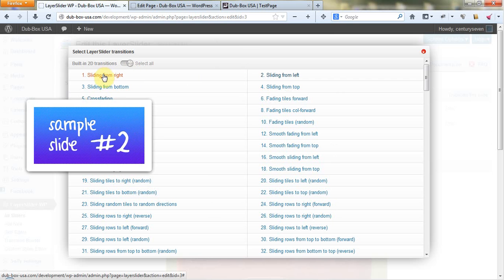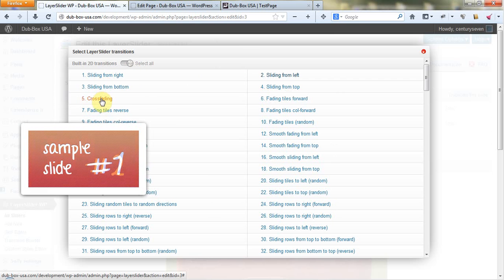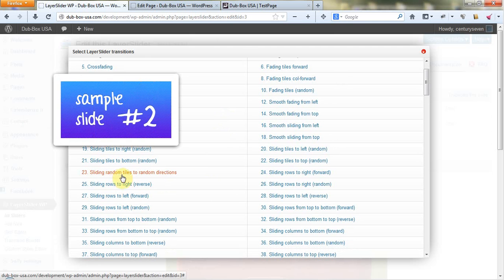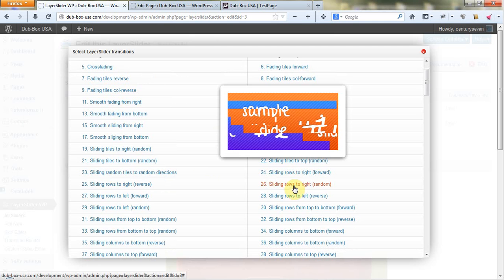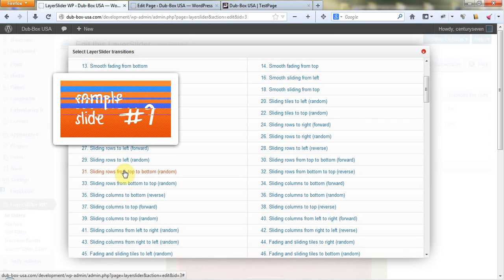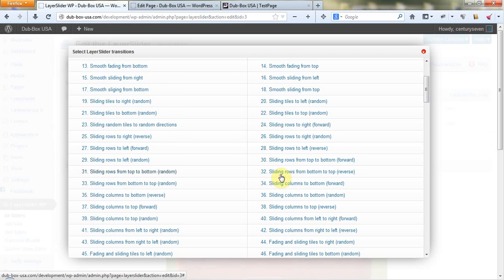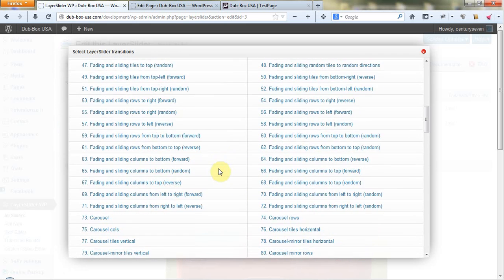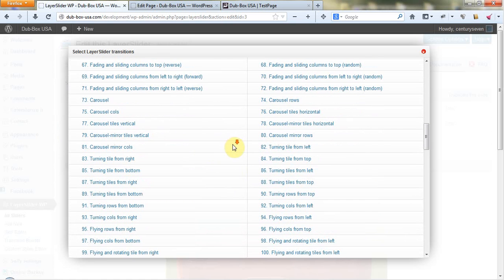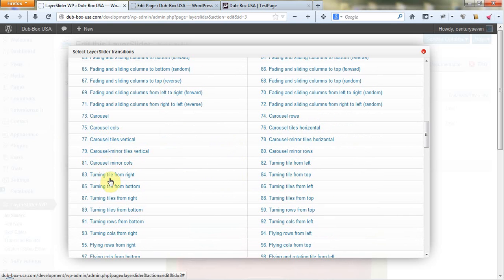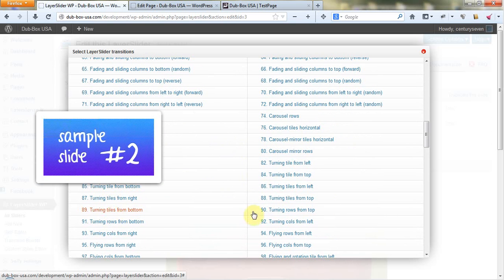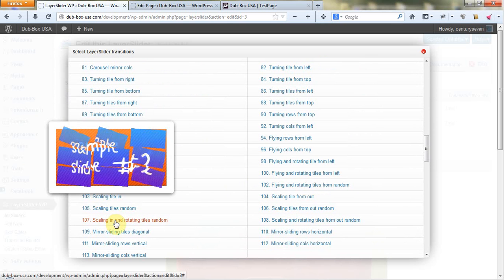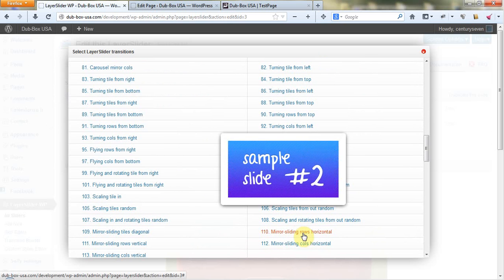To see what they do, you can just hover over one, and you'll get a little light box that comes up and shows you what the different transitions look like. So you can browse through them, and if you like that transition, you can select it. You'll see there are quite a few different types of transitions. Some are 2D, some are 3D. As you get further down, you'll see some of the more elaborate ones, some of the more 3D stuff. Scrolling further down, things will tile in several different ways,